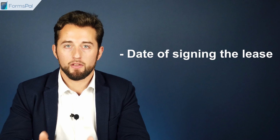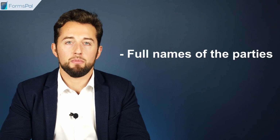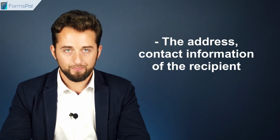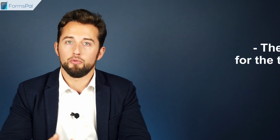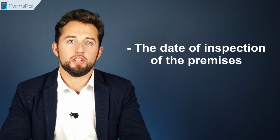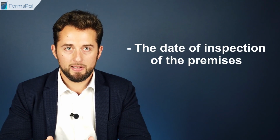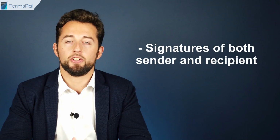A lease termination letter usually includes the following provisions: date of signing the lease, full names of the parties, the address, contact information of the recipient, the date of termination, the reason for termination, the date of inspection of the premises. It is recommended that both parties inspect the premises at the same time, and signatures of both the sender